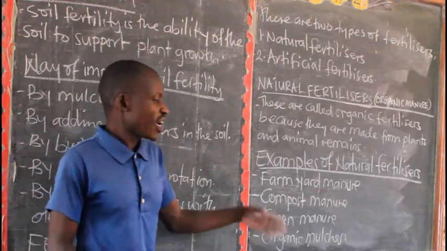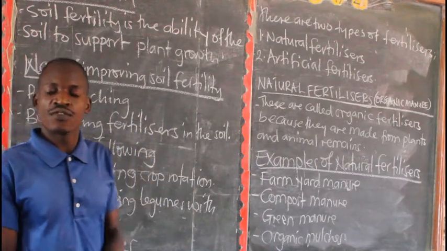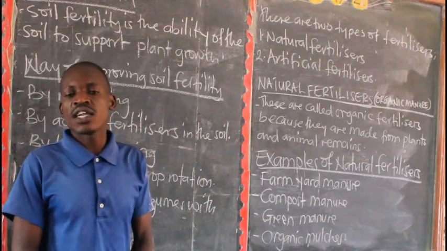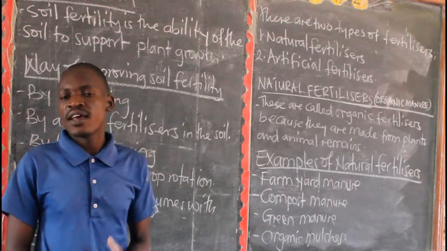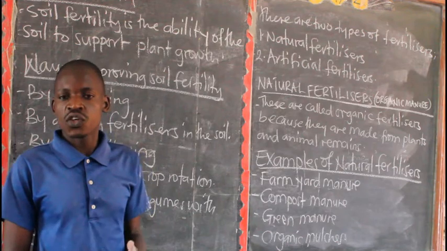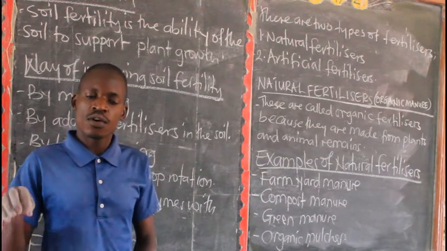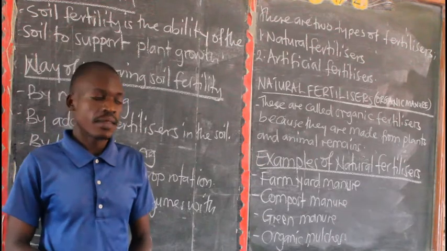Then we talked about other pointers of mulching. Apart from improving soil fertility, we can also talk about how it controls soil erosion. Mulching controls soil erosion, and also maintains soil moisture or water content in the soil. Members,